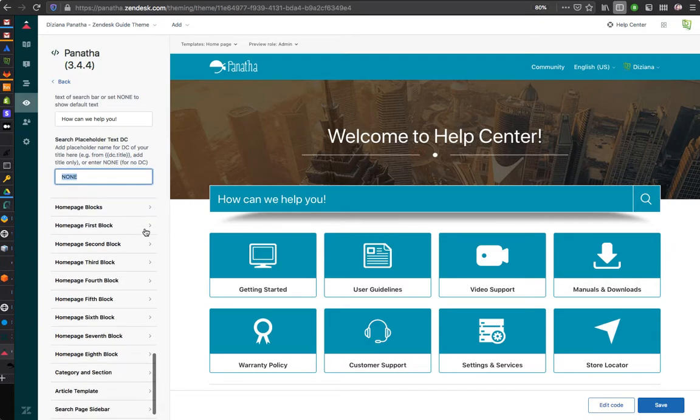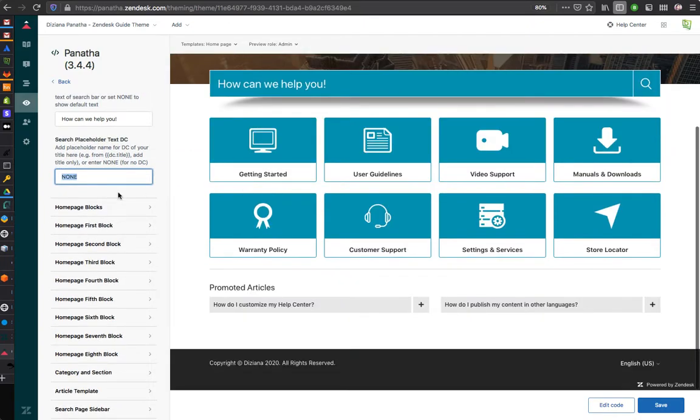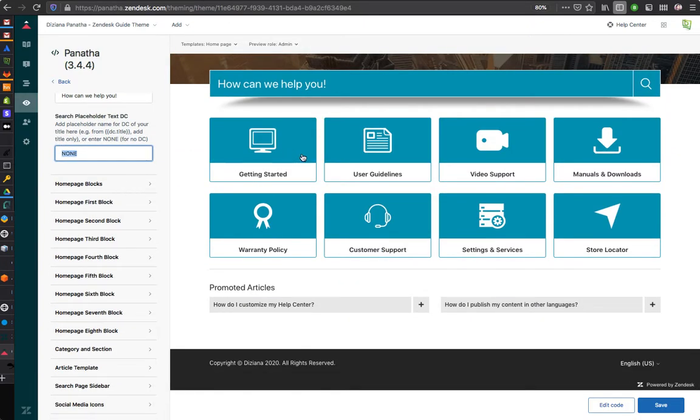Now one of the important things is homepage blocks. In our themes, these blocks that you see, these icons, icon text and the border, this is what we call blocks. There are two types of blocks that come in our themes. In this theme, Panatha, there is one block called custom block. Custom blocks are basically a fixed number of blocks that can be used for anything, like to link to any page.